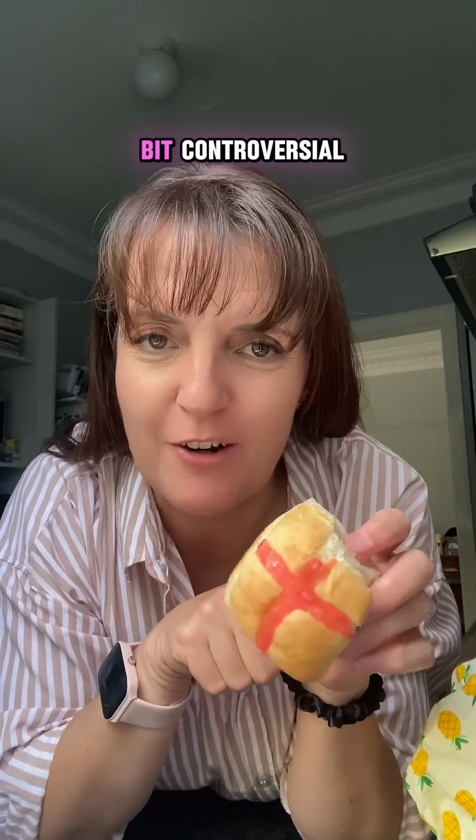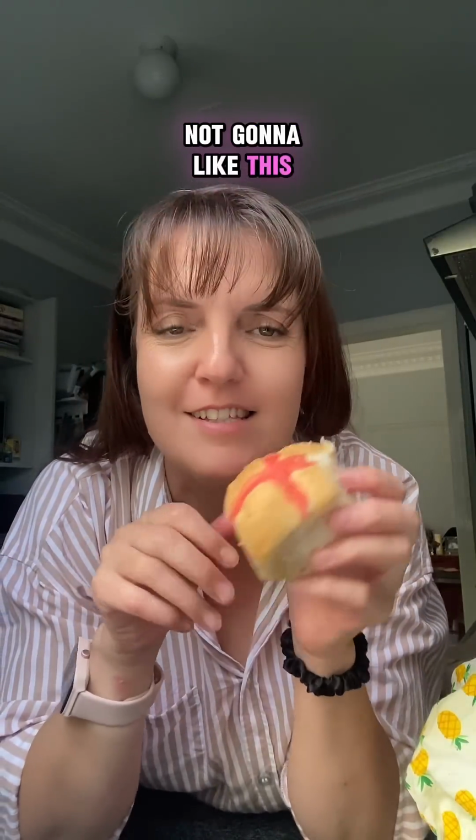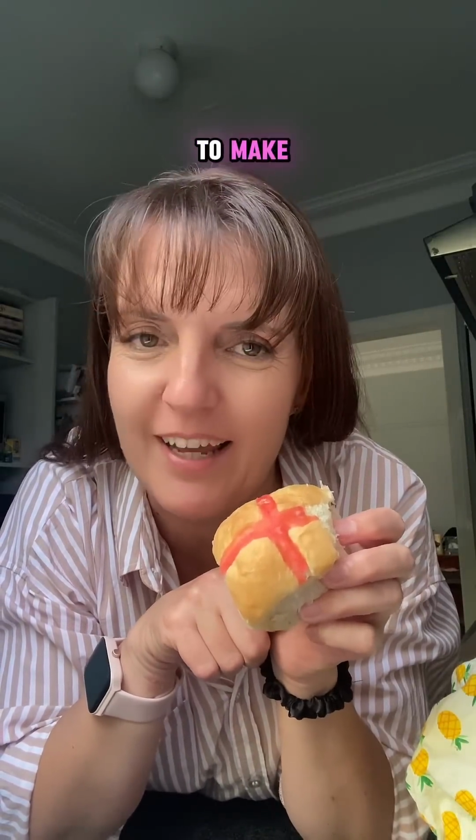Now this might be a little bit controversial, and if you are a traditionalist, just scroll past because you're not going to like this, but I have made the most delicious hot cross bun and it tastes like a finger bun. So if you want to see how delicious and how easy they are to make,